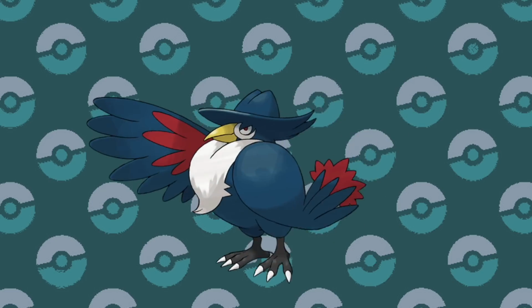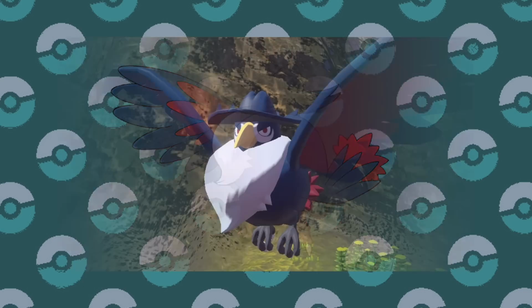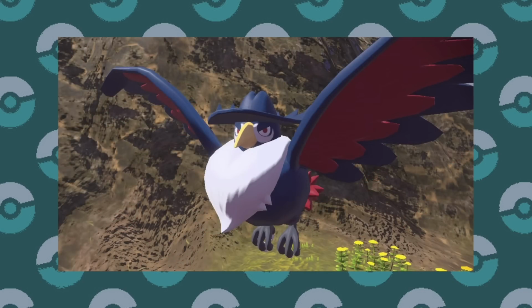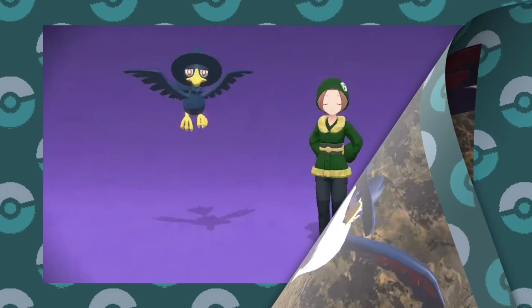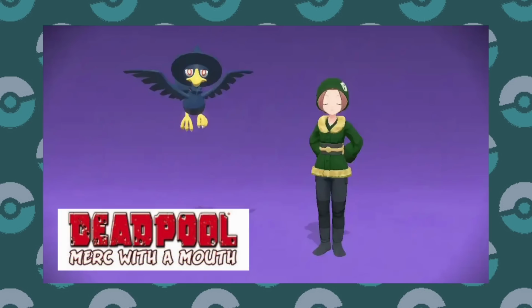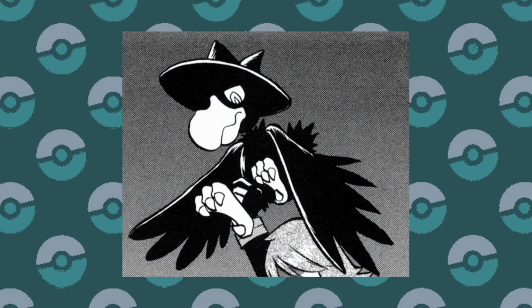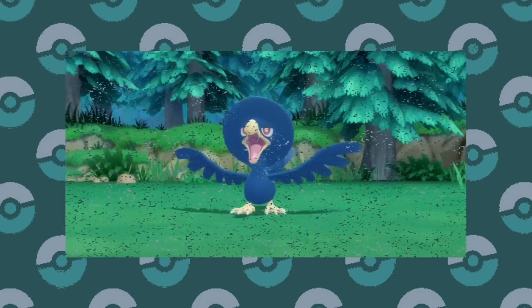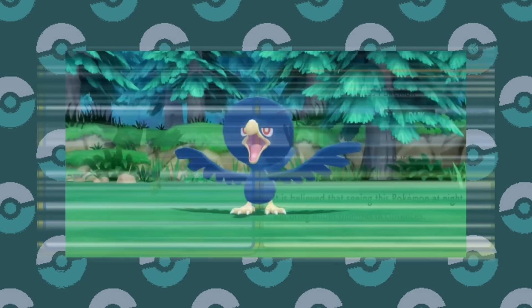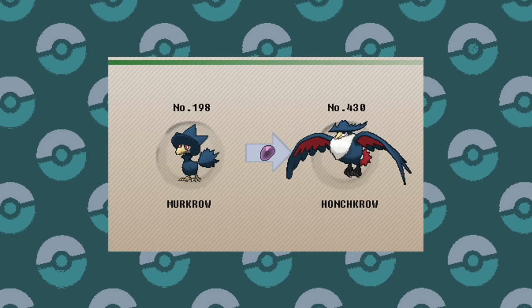And that is worth noting too, that Honchkrow clearly went in a very different direction as the head honcho of a crime family, sort of a godfather bird, but if you really wanted to stretch it to make it make sense, you could interpret the Honch part of the name like a honcho, and say that Murkrow was a low-level hitman in the mob and had to work his way up to the top of the organization. That might be my own level of overthinking, but even with the vast departure that its evolution takes,